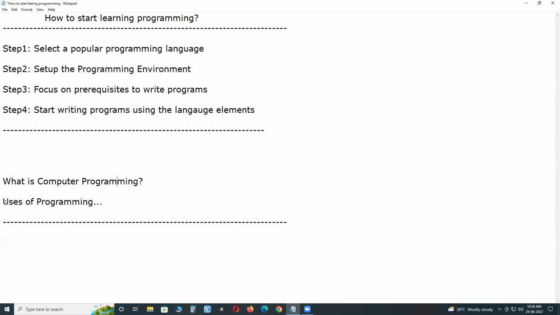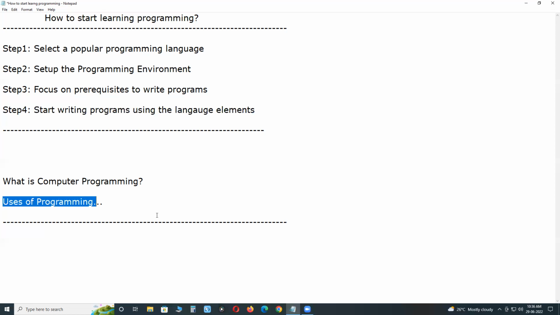Next, uses of programming. Computer programming is used to develop software, system software like operating systems, device drivers, etc. Suppose Microsoft Windows is software, Linux is software. That is system software.